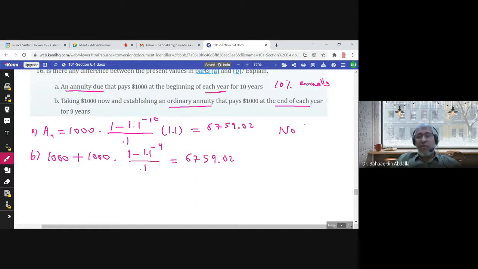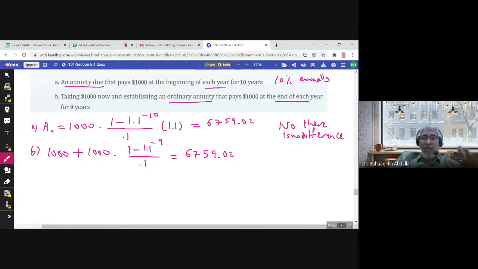So there is no difference. And this tells you that this is actually how we obtained the formula for annuity due, because we can look at annuity due as an ordinary annuity for one period less,